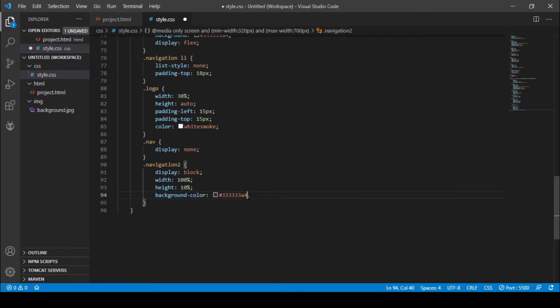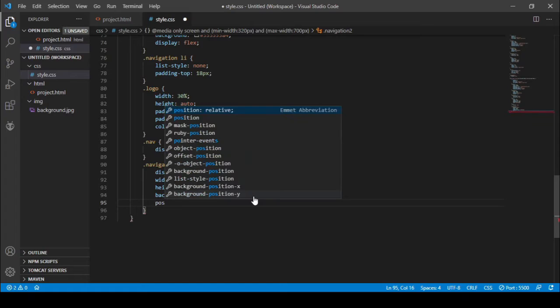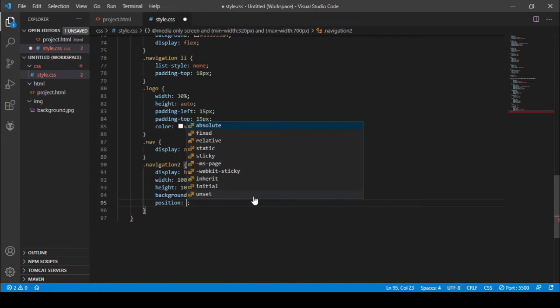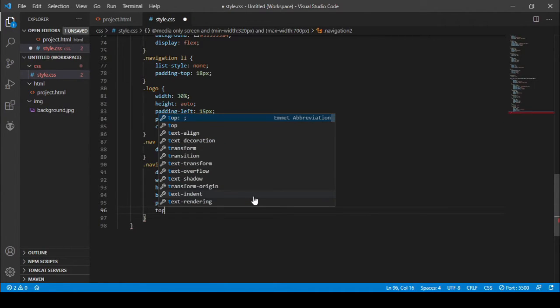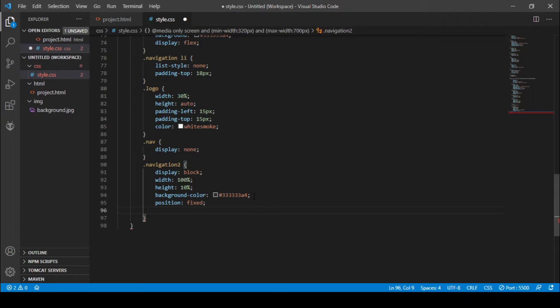So let's save it and let's give the position as fixed on here, and from the bottom it has to align in the bottom. So let's give the bottom as 0.